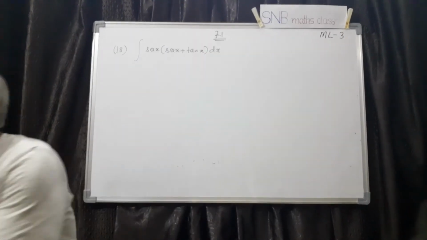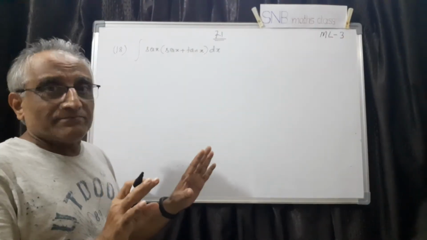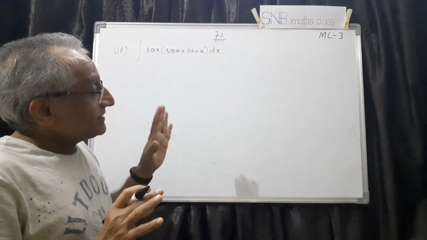Now you may think, okay, this is a product rule. No product rule once again. See, this is very important. Therefore, integration is really challenging. Even sometimes very simple question. It seems to be very simple. Unless you understand how it can be converted into required form, it is bit difficult.